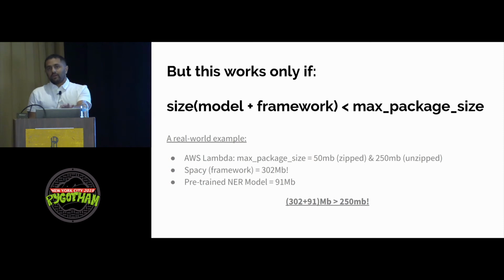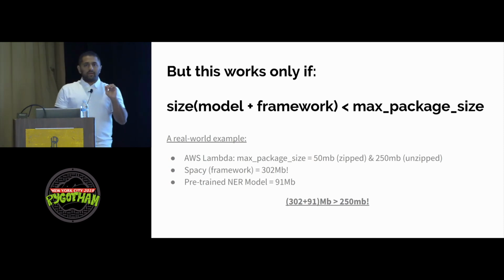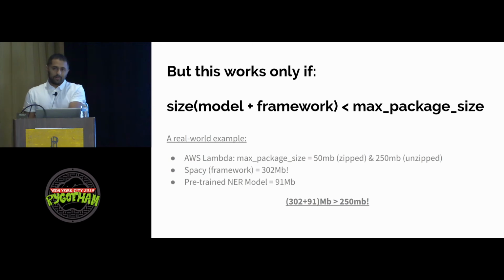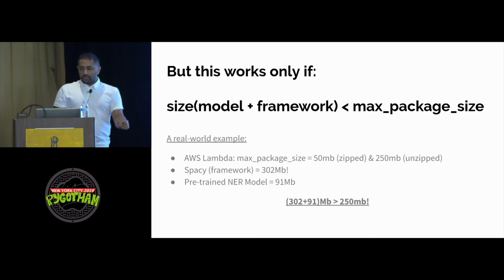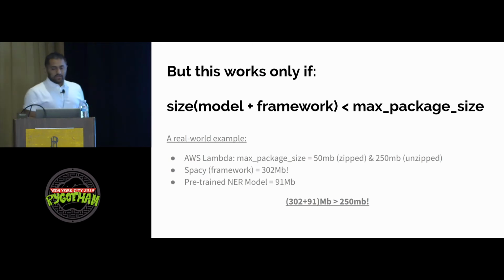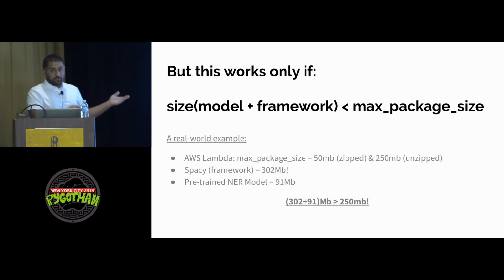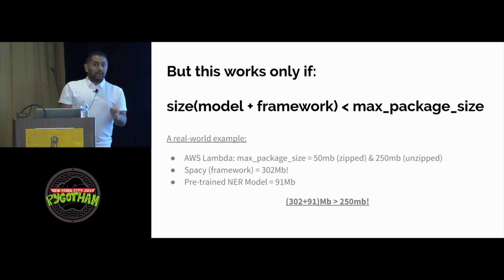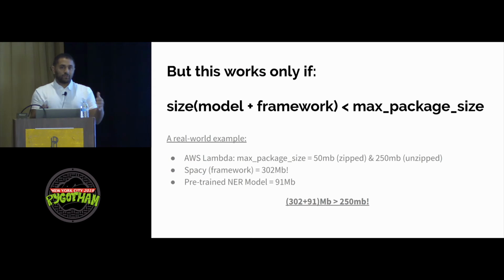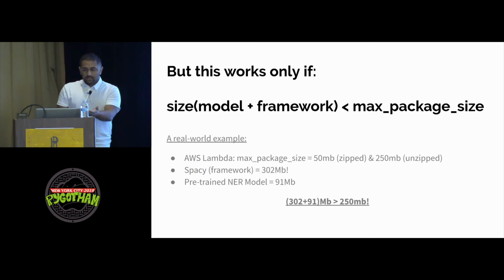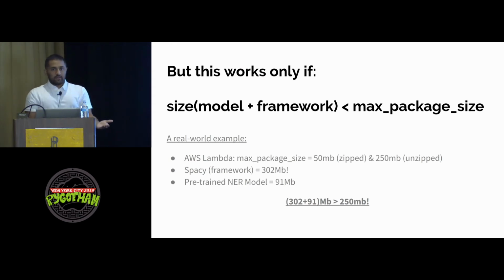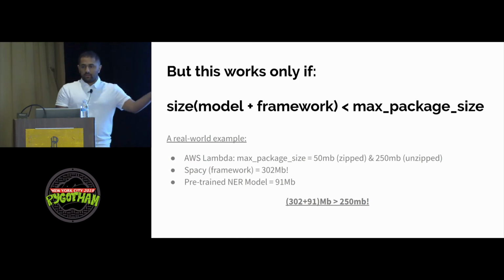The framework, on the other hand, is something that is more up your alley than the model itself as engineers. So it's something you can tweak, but what you see here is 302 plus 91 MB, which is significantly greater than the 250 MB of uncompressed, and I repeat, uncompressed memory that AWS offers you, right? So the deployment package has to be 50 MB, and you can uncompress it to a maximum of 250. So those are the constraints with Lambda. So this itself exceeds it. How do we go ahead? The idea is going to fail.